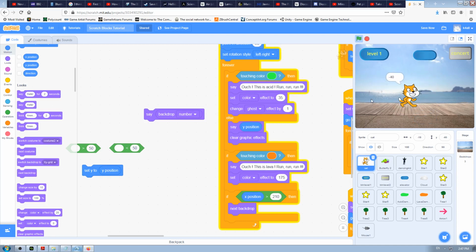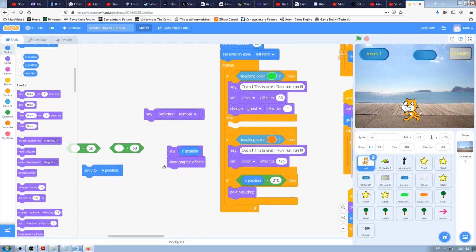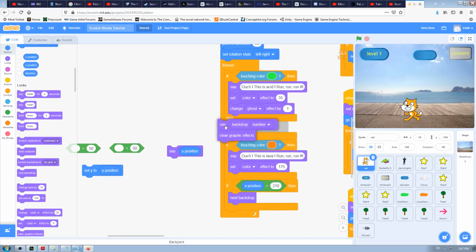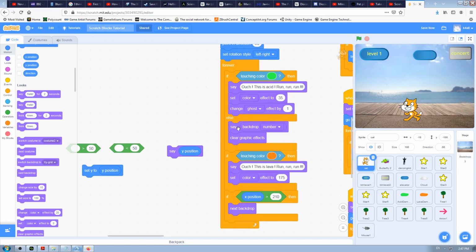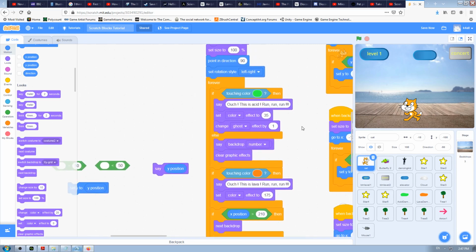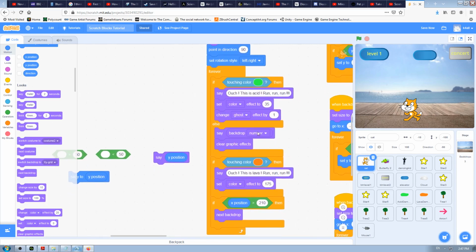So instead of saying Y position, I want my cat to say my backdrop number. So just detach this say Y position and attach this say backdrop into this else forever, then if else field, if you have followed me. If you didn't, just attach it somewhere in the forever